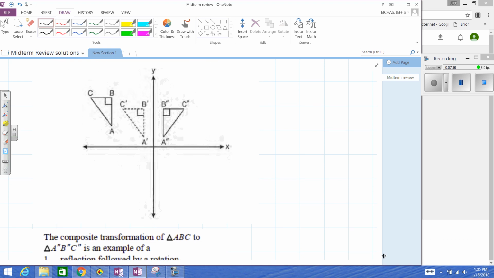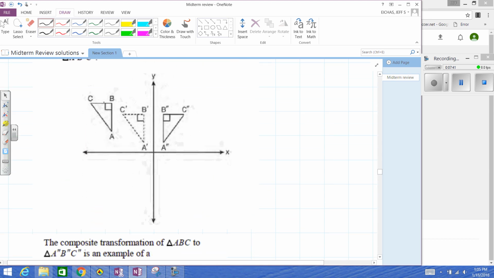Basically what we're saying, the composition or the order in which this happened, is your pre-image doesn't have the primes. Okay, so your original is your pre-image. This is where we're starting at. Now, the single prime represents the result of the first move. So this is the image